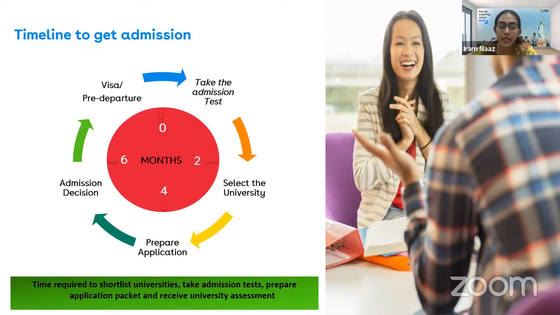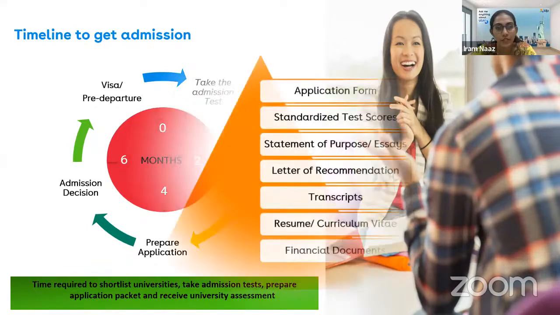So the decision is not very early in the USA. It is going to take you at least 1 to 2 months, or for some universities, 3 months to get the decision. If the student is applying early, then the decision will come within 2 to 3 months, and the process will be quicker, because for the USA, it is first come first served. So if you are applying first with the weakest profile as well, you may have the chances to get the admit. And if the student is delaying with a very good profile as well, the student may have the chances of not getting the admit. So first come first served is the process for the USA.